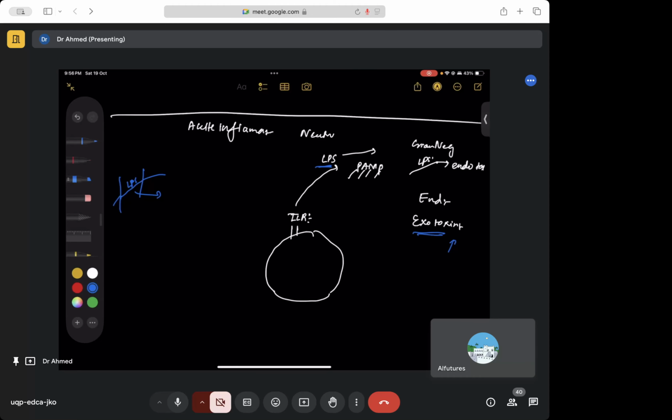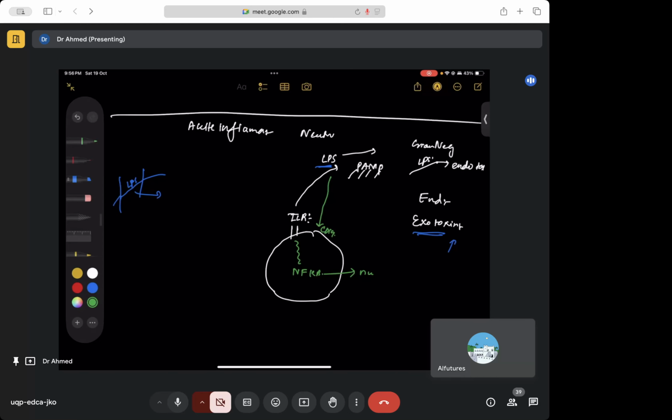Once your toll-like receptor is activated, you also need a co-receptor for that. What's that? That's CD40. It's going to send some signals, and ultimately you are going to see formation of NF-kappa B. What's NF-kappa B? It's a nuclear transcription factor. It would go inside the nucleus and it would,